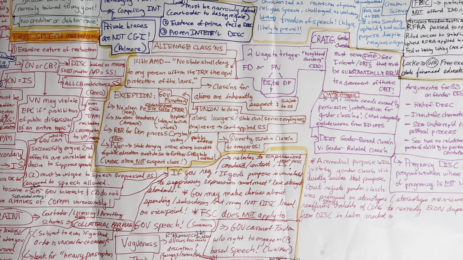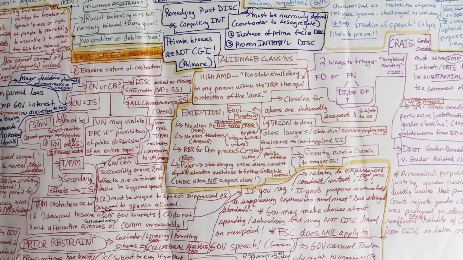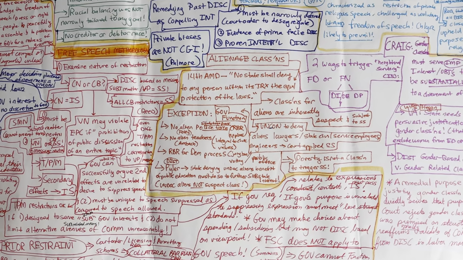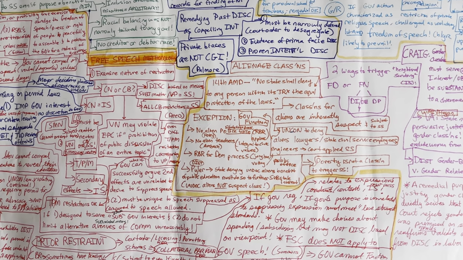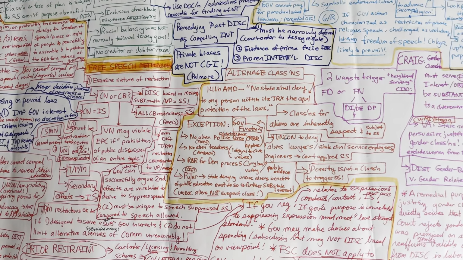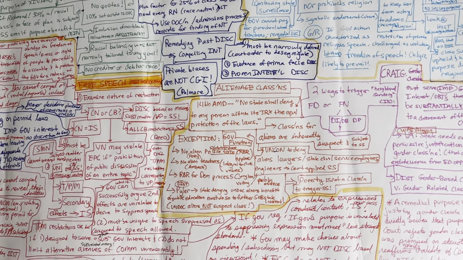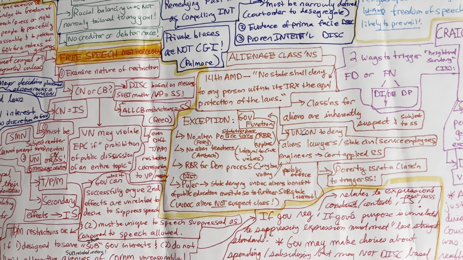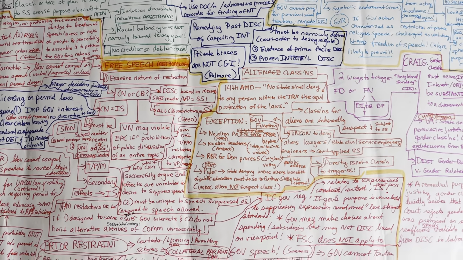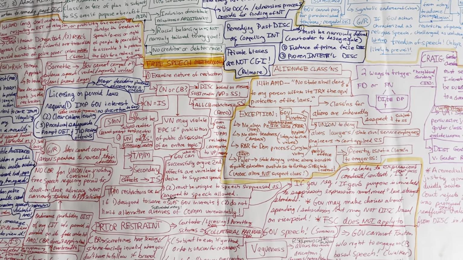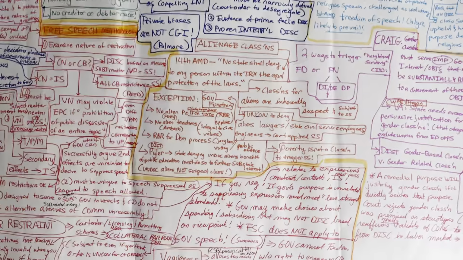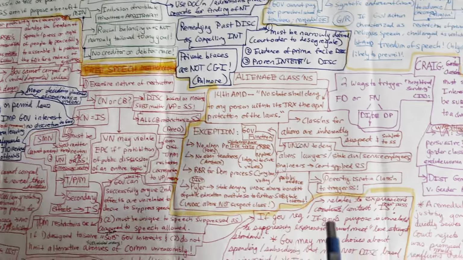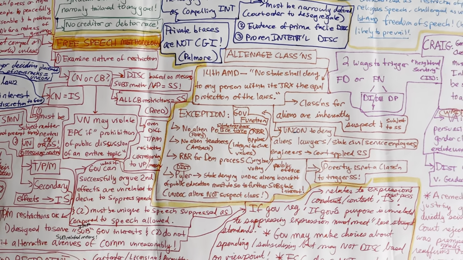So there are two ways to trigger heightened scrutiny. Remember, we talked about it as facially discriminatory or facially neutral. However, facially discriminatory usually will be struck down. However, facially neutral can actually have the applicable level of scrutiny ratcheted up if you have both the discriminatory purpose and the discriminatory impact or effects. You can use either word on an essay, or they might be used interchangeably. So just remember, I put the slash mark between DI and DE for discriminatory impact, discriminatory effect, as we talked about before.